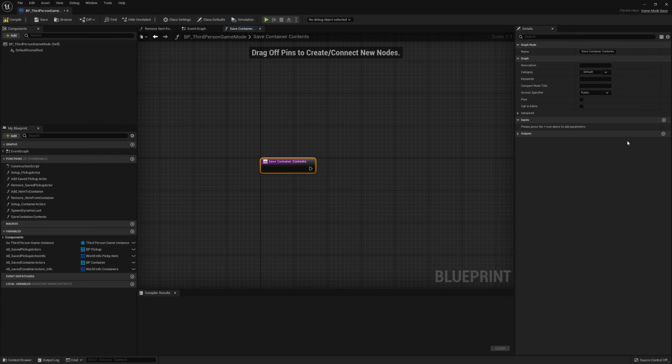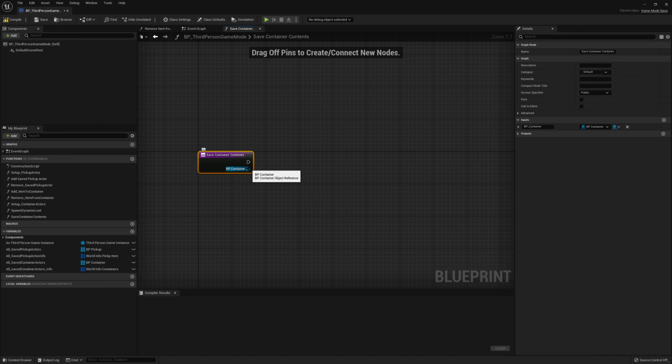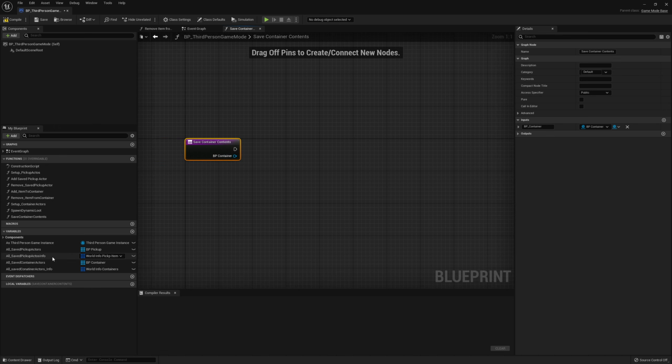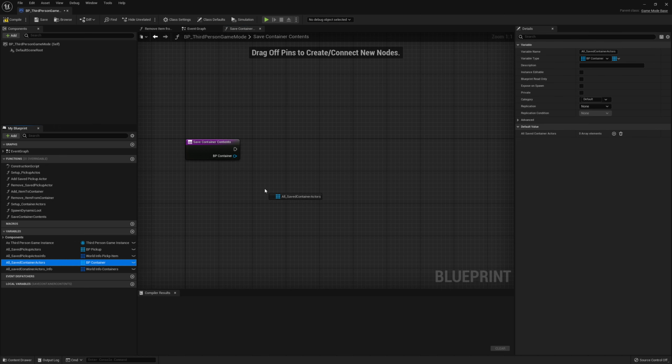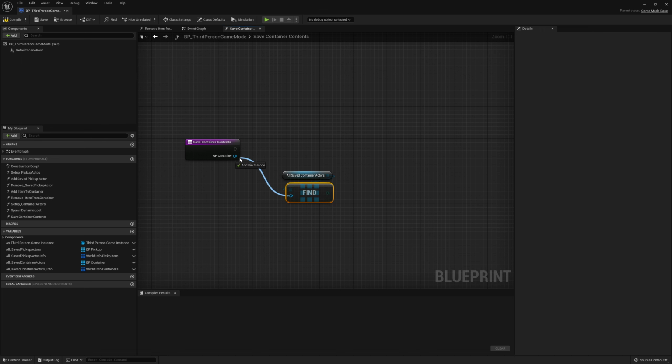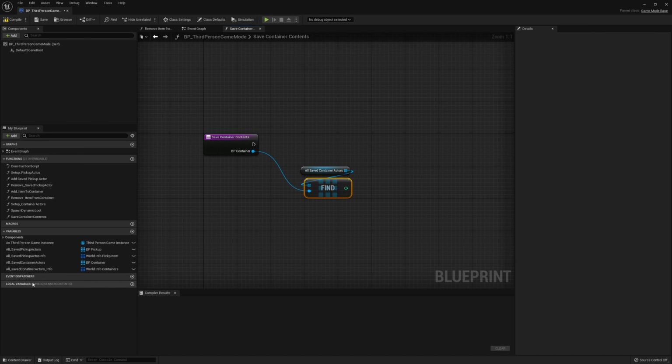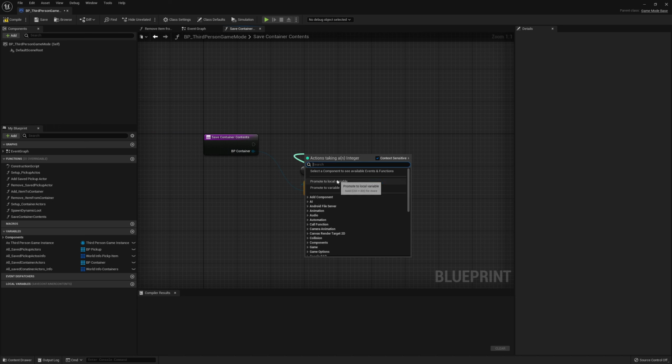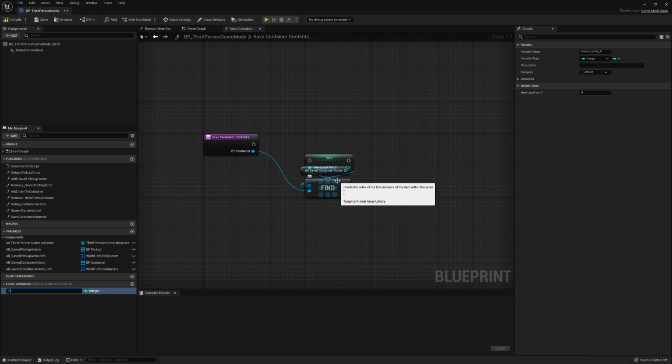And for this we need one input, and that's a container blueprint. So let's call this BP container. And that's our BP container blueprint. So first of all, we need to make sure that this container exists and that we can find it. So we're going to grab all of our saved container actors and plug in the container from the input, and we want to save this inside of our function as a local variable. So we're going to promote it to a local variable, and that's the container world index. Local container world index,